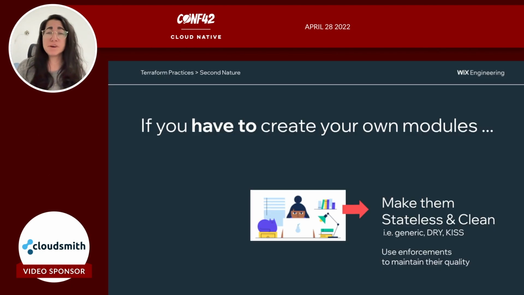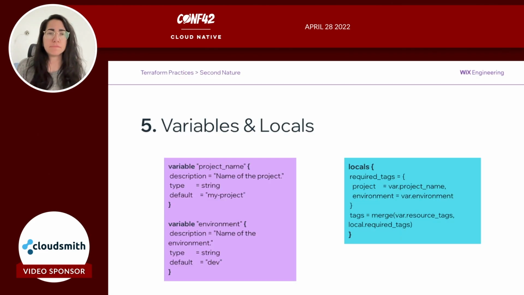If you do have to create your own modules, make sure that they are stateless, clean, and generic, that you do not repeat yourself, that it is kept as simple as possible, and use enforcement as well. Like community modules have their enforcements, use them too. I will also cover it later on. Bear in mind that the code should always be clean and readable.